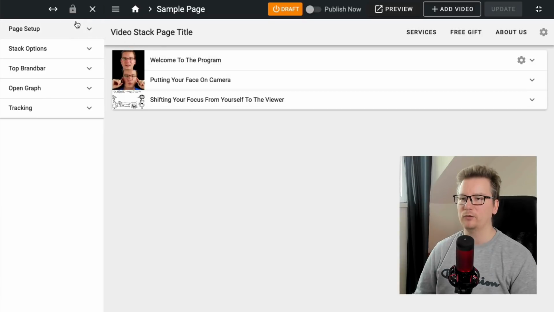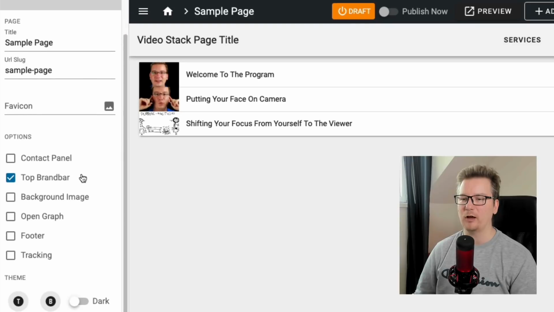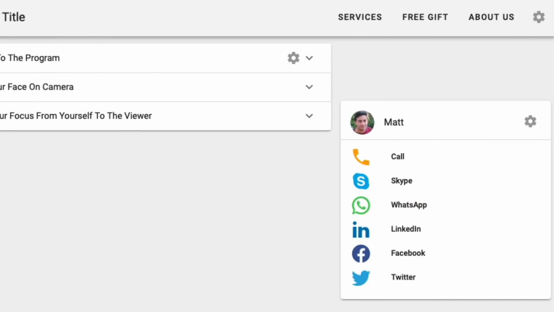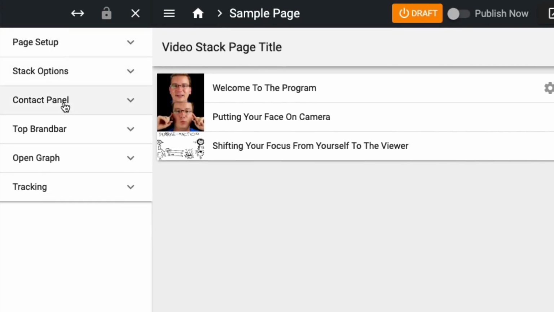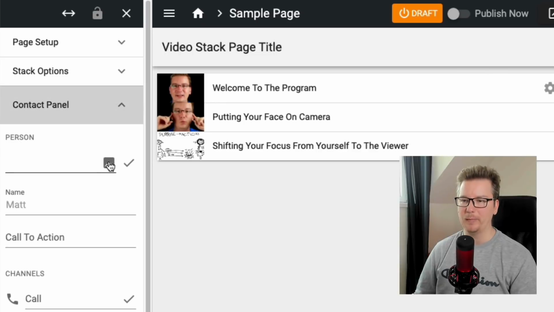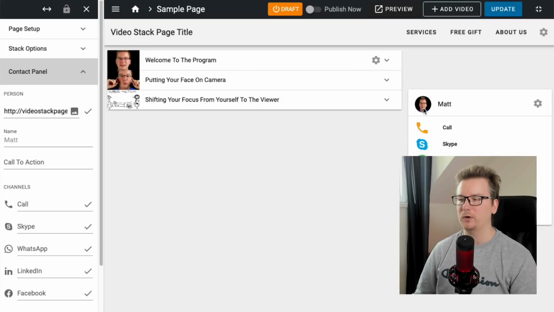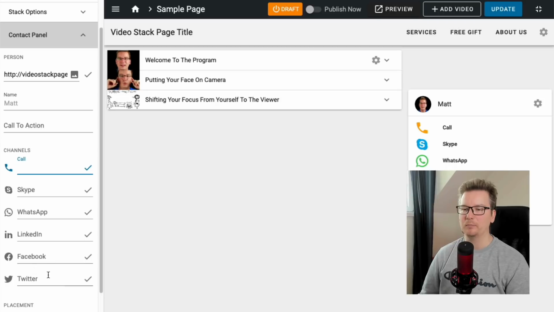So let's go to our options here, page setup, and from here we can just go ahead and activate the contact panel. You can see it over here. And activating contact panel, now I've got a contact panel menu here. I'm going to put in my personal profile picture there with the contact panel. And then I can just fill this in with my phone number, my Skype account, my WhatsApp, my LinkedIn, and any that I don't want,